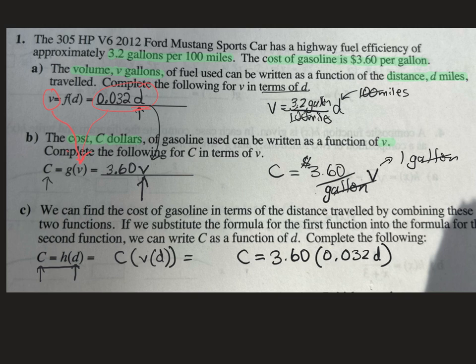Let me just recap that so we understand what's going on. We took V, which is basically 0.032D, and we replaced V in this equation, and that created C in terms of D. That's how we got that. All right, now we can simplify that a little bit. I would multiply the 3.6 times 0.032, and so you get